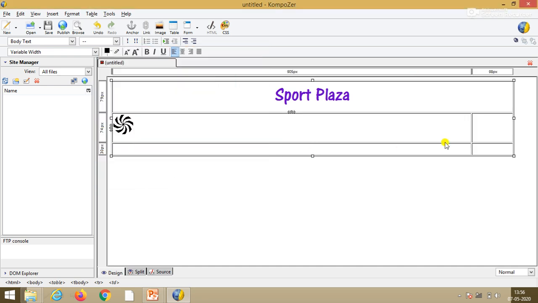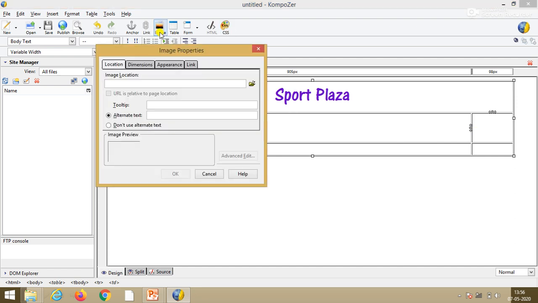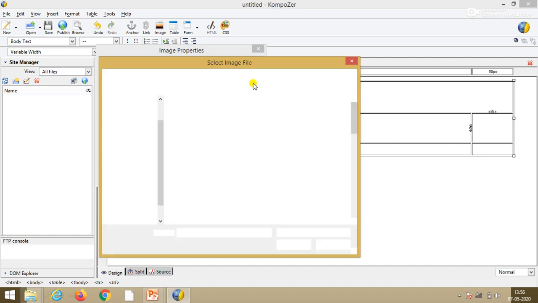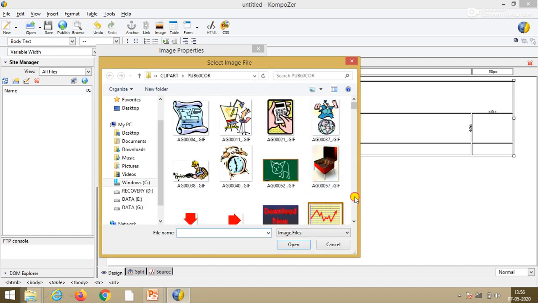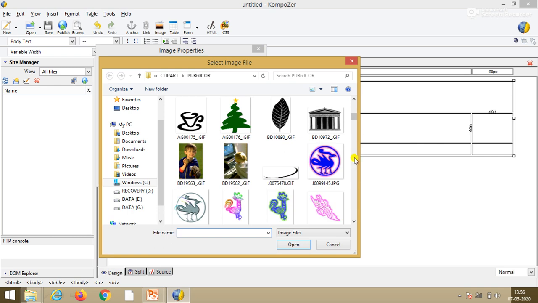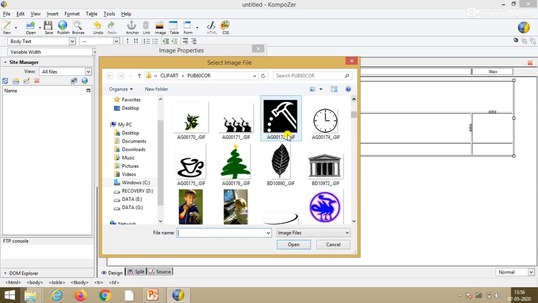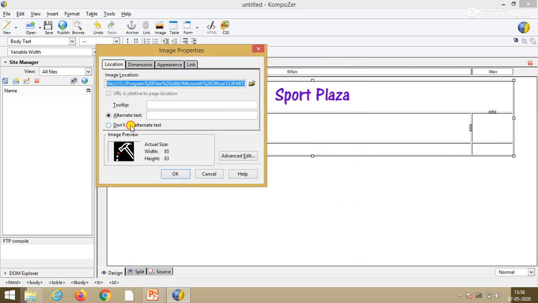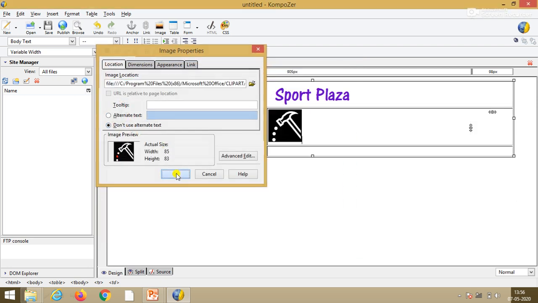Now the same way we will insert the second image. Go into insert, the browse button, and the image files will be displayed. Select an image and open. Select the do not use alternate text option and OK.